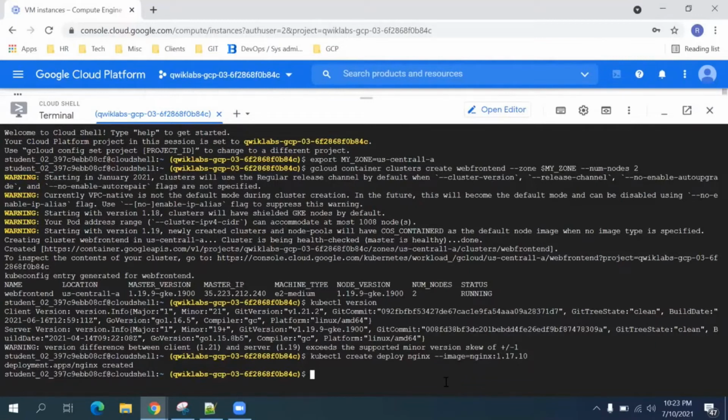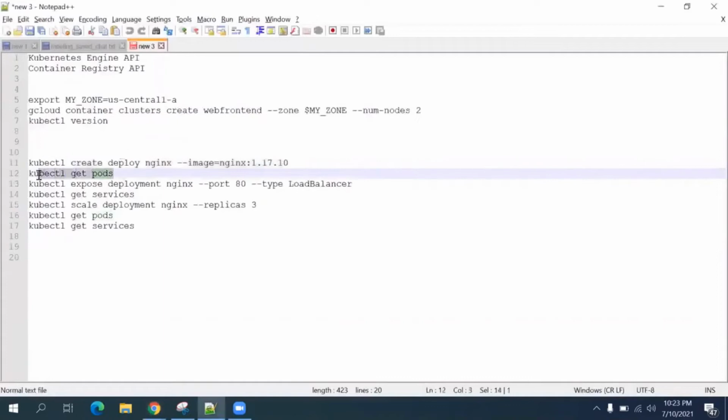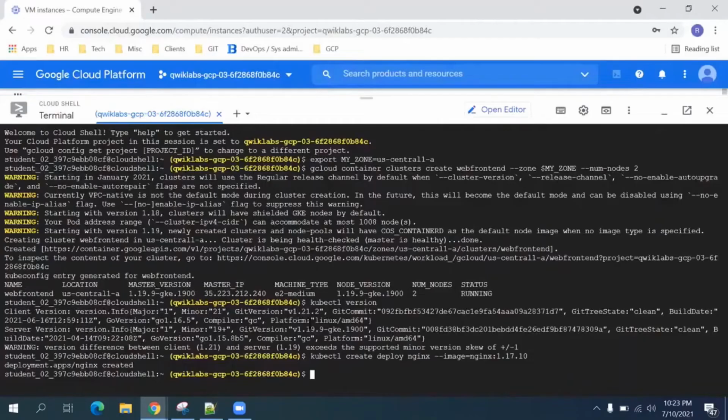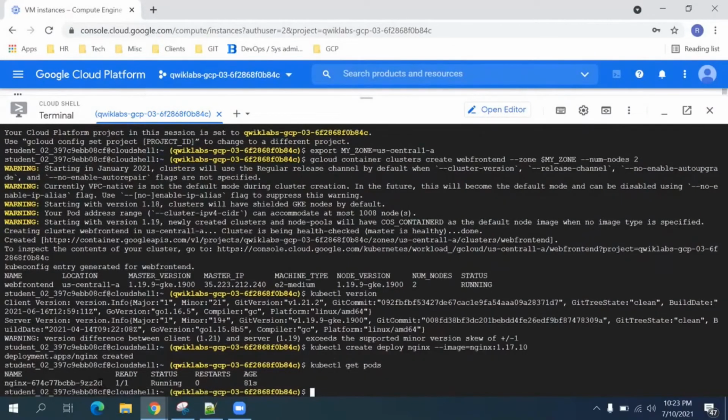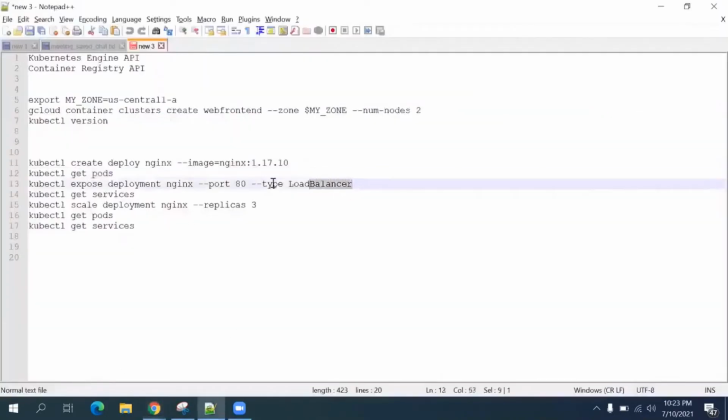And we can view the pod which is running the Nginx container using this command. So this is the name of our pod. Now we will expose the Nginx container to the internet. For that, we will use this command.